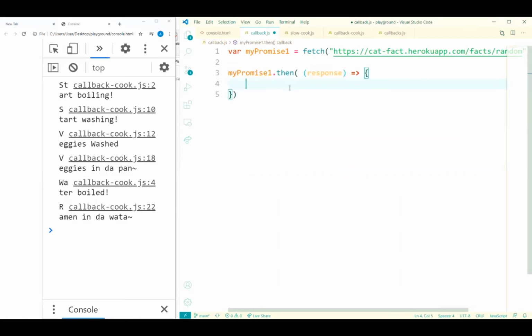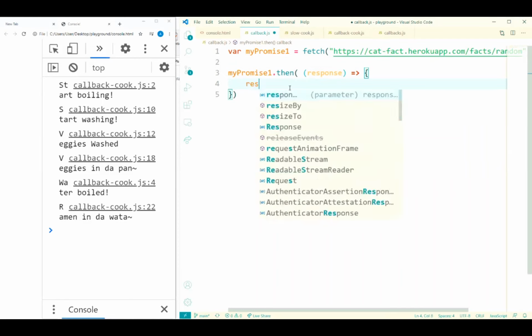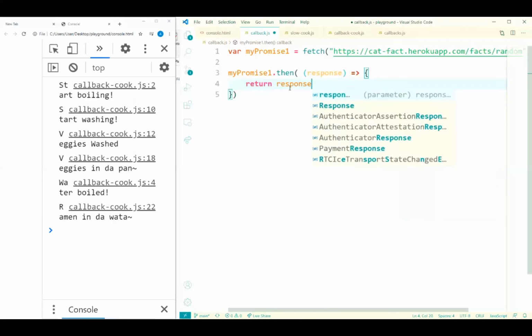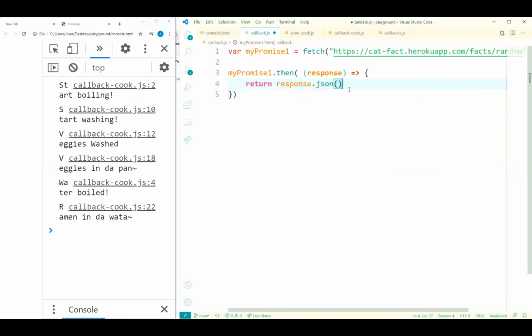Remember that we can't actually use this JSON object. We need to do something with it. Well, I'm going to do it now. So we can do return response.json. And what is response.json?